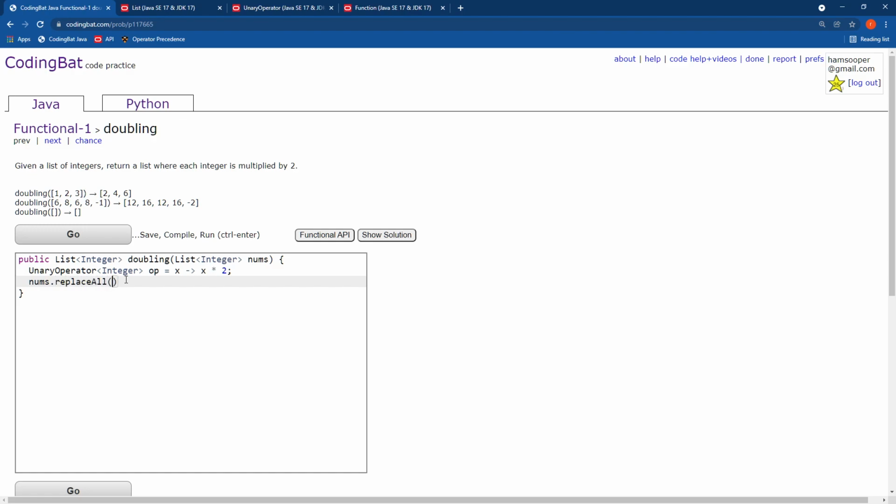So now I have my unary operator, and what I can do is call the replaceAll method from my list, and if I pass it the unary operator, this method will apply that unary operator to every element in my list. So in other words, it's applying this function here, x goes to x times 2, to every element in my list. And now if I return my list, you'll see that,